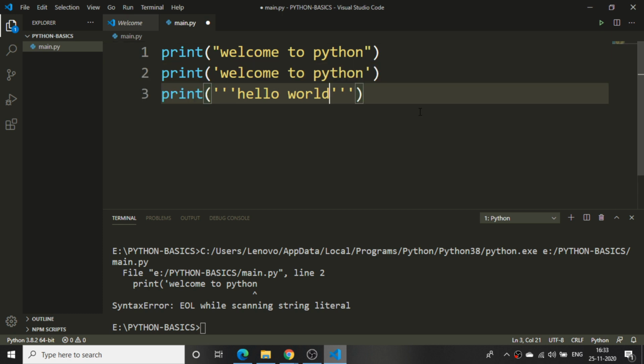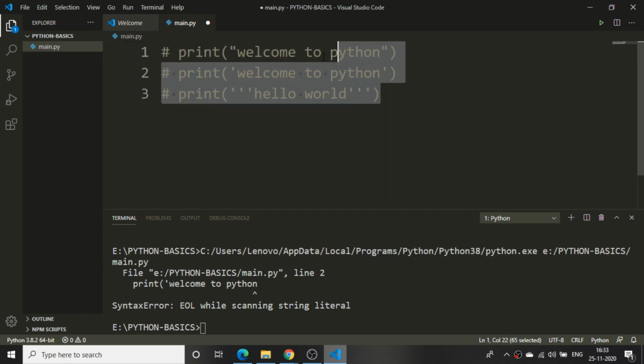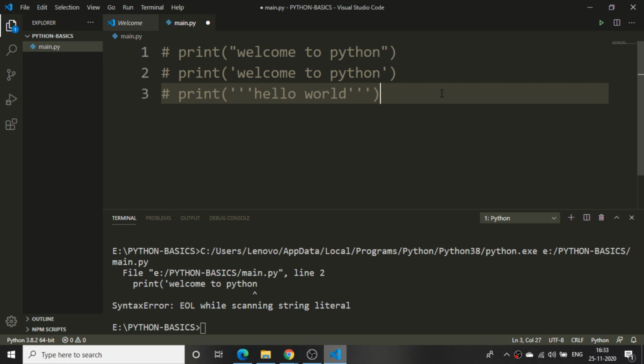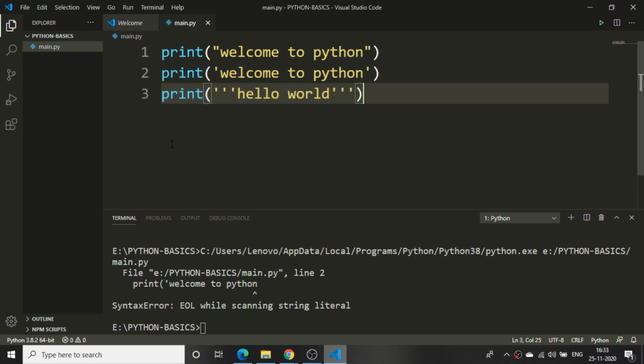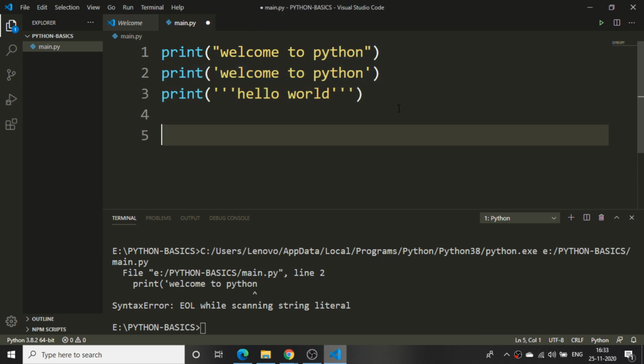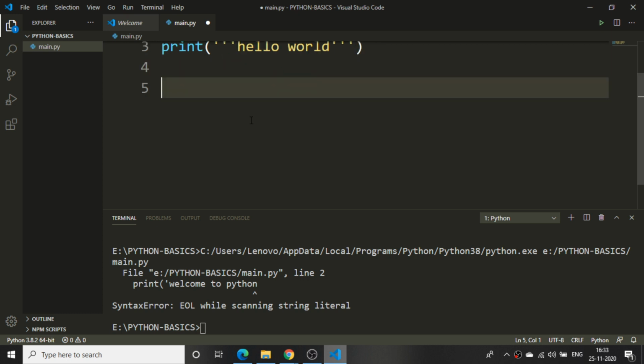I'll just comment this particular stuff. I'll be giving this particular code file to you. I'll just comment this one, or else I'll just keep it like this as it is. Okay, fine. Next comes what other things are available in Python.